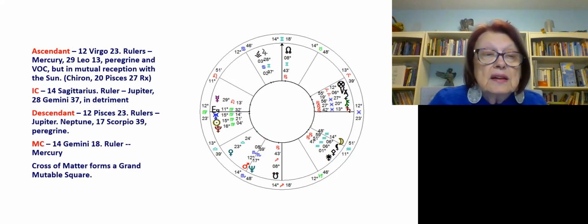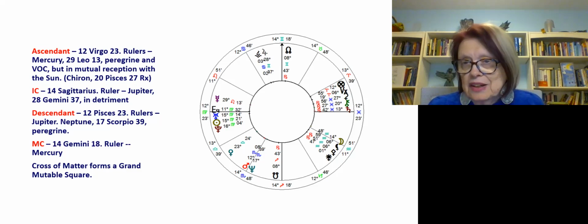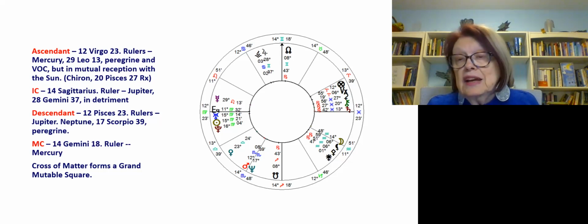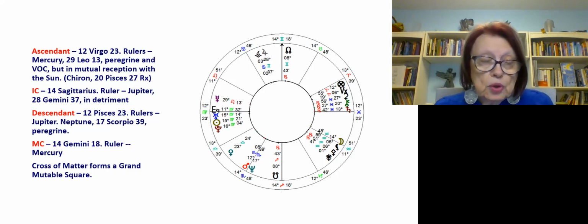The IC, ruled by Jupiter. And again, we have a planet in late degrees, and it's in detriment. Granted, and here's a case of what I was talking about. It's in the same sign as the midheaven, but it's not conjunct. The descendant, ruler Jupiter and